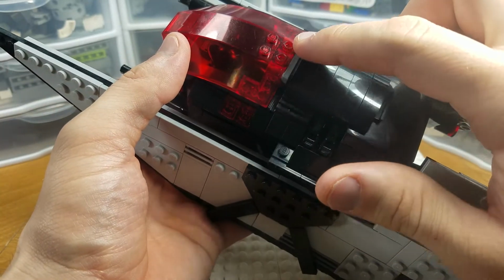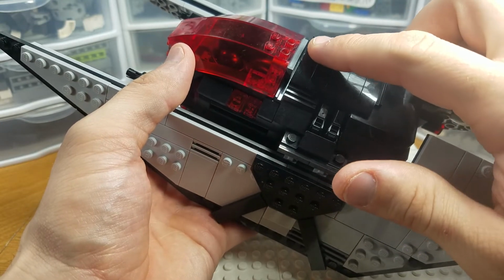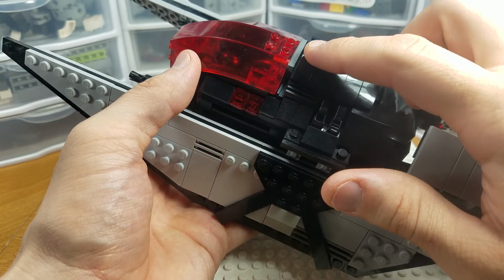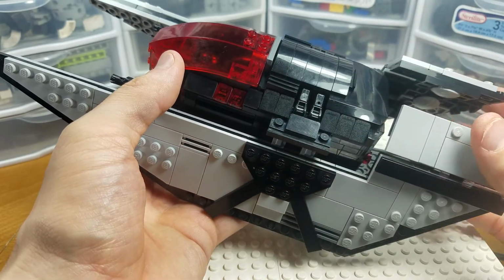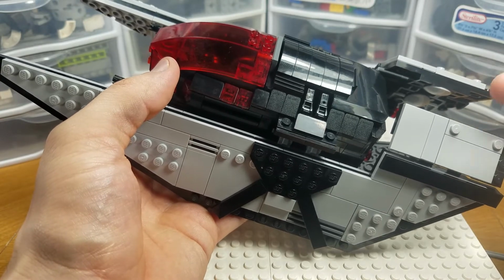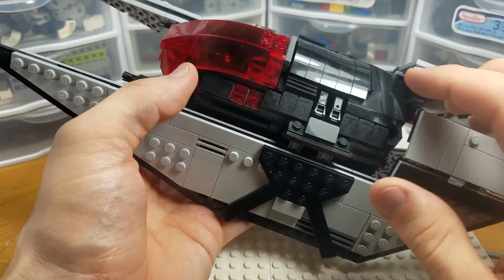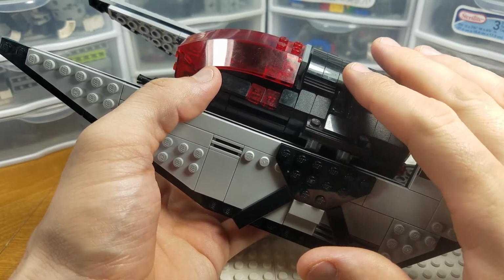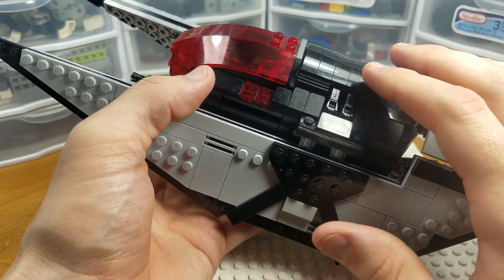Now I did add this little piece right here, this little 1x3 plate, or sorry, 1x3 tile, just using a couple of Technic pieces. Technic pin to stud pins. Just to add that in, because there was a little bit more of a gap there, and there probably are some other ways you can fix it, but I didn't do that. Anyway,